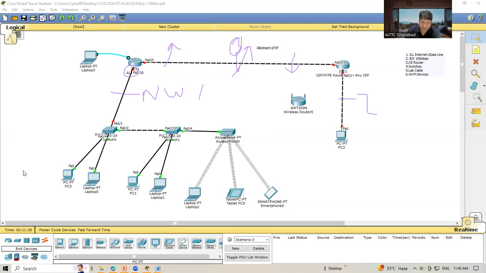Now, what is the network ID? Here we just imagine network one and its ID, as per your wish, because here we are learning. But in reality, we go to the ISP. The ISP gives some IP address, the network ID, and accordingly we can manage the network at the local level. But here in the simulator, we don't go to any ISP. We just imagine in our mind that the network one ID